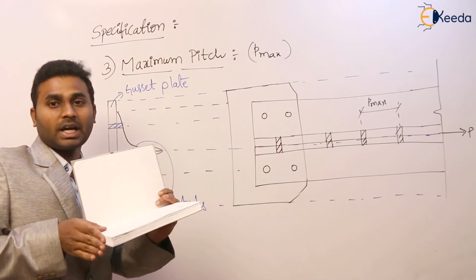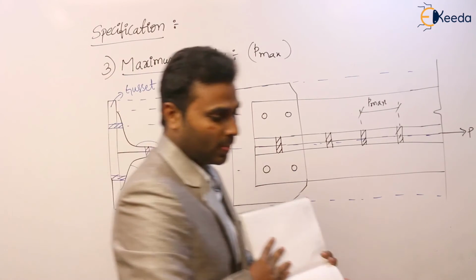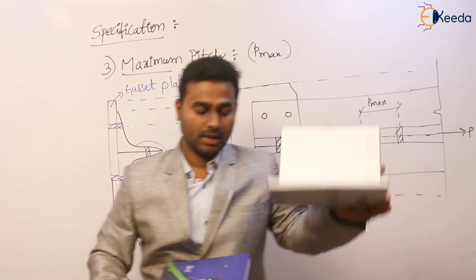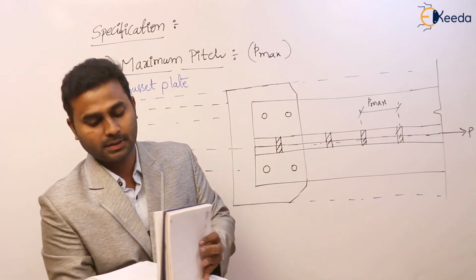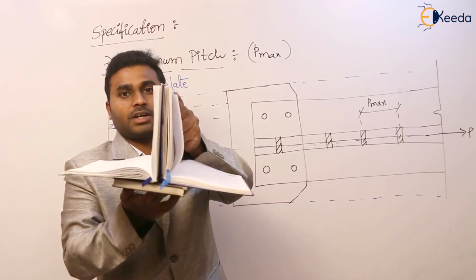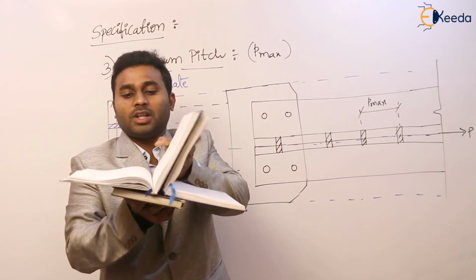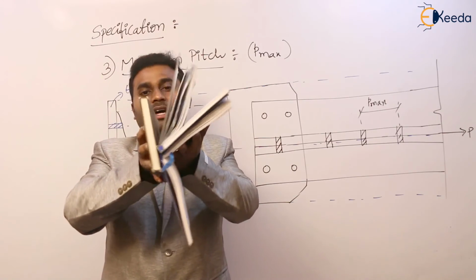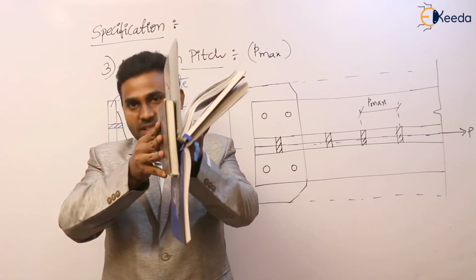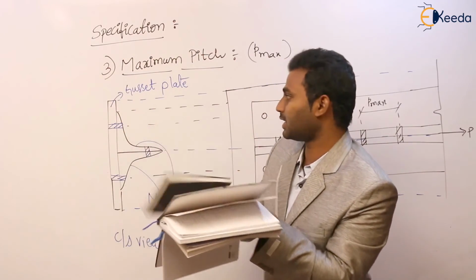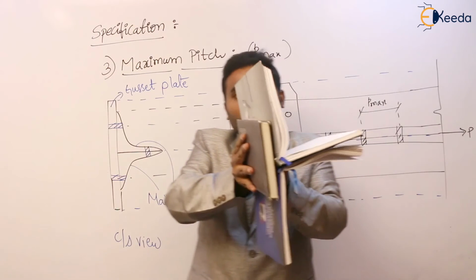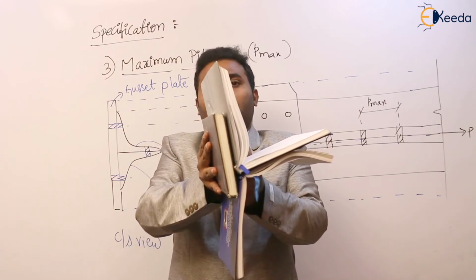So now if we show the connection, this is one angle and this is another angle. So see here. If we see the cross-sectional view, actually on the board I have shown like this. So this is the gusset plate. So the thickness, this is what we can see here. Clear? So this is the thickness, and one top angle and another bottom angle.